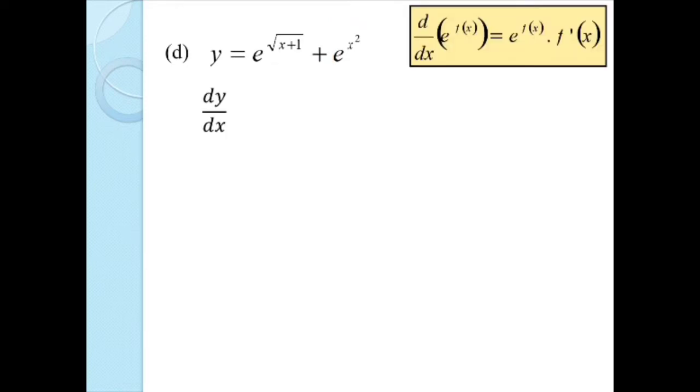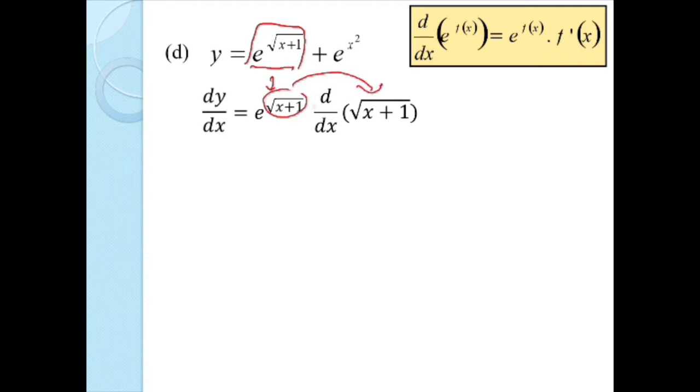Remember how to differentiate exponentials? First step is to copy down the exponential term exactly as it is. Do not change anything. And then just write the power and put it in the bracket. Write d over dx in front of it. Next, we have the other exponential term behind the plus sign. So, write a plus sign and then just copy the next term of exponential, multiply with the derivative of the